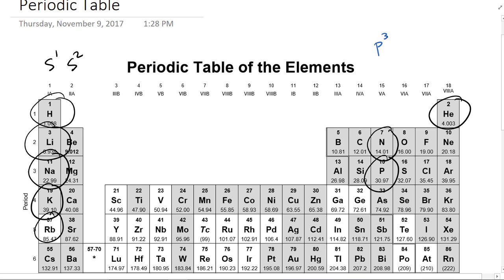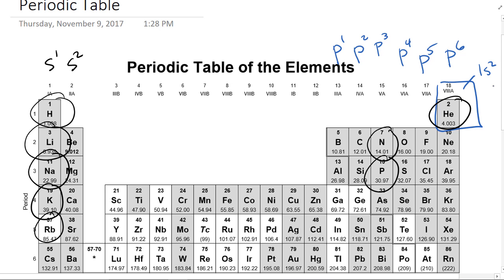They would end with a P3 configuration, which means everything in group 4A would end with a P2 configuration. Everything in group 3A must end with a P1. Group 16 must be P4, P5, and the last group would be P6, with one exception, that exception being helium, which has a configuration of